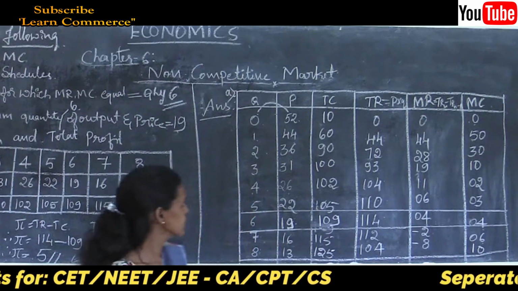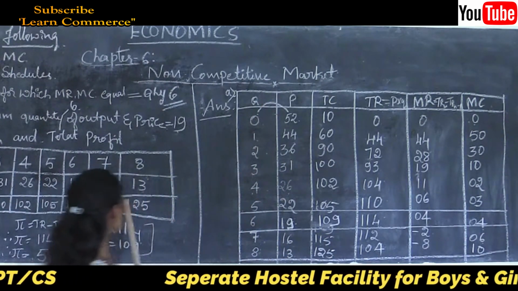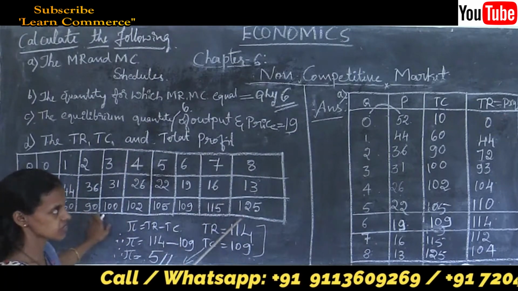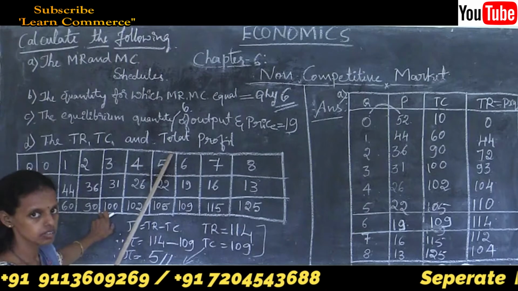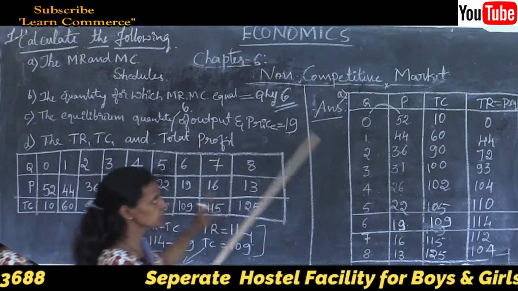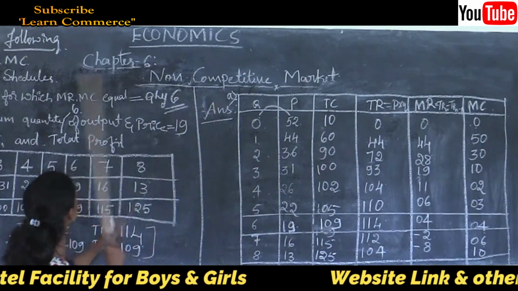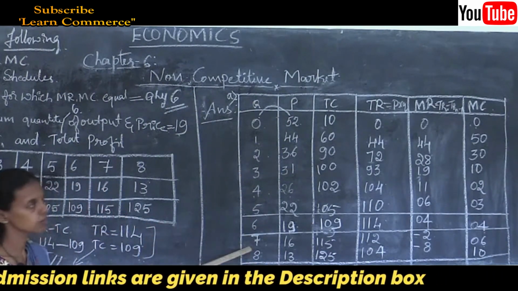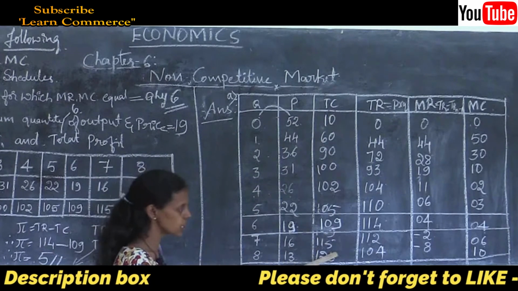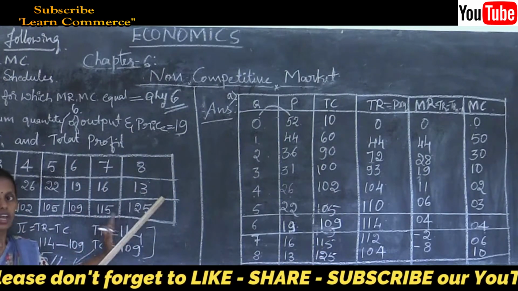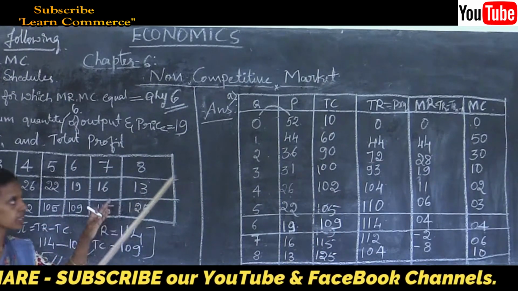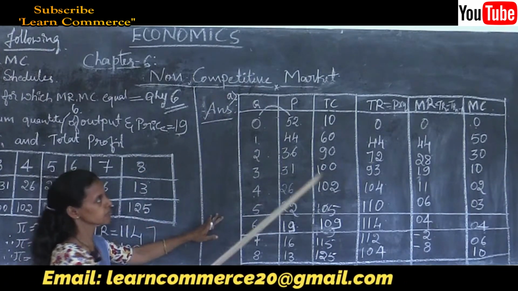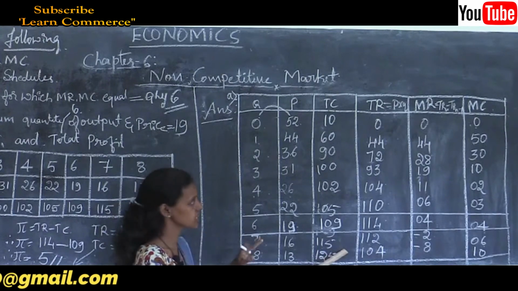You should write it as it is in the horizontal format. The question is given, and all 4 questions are given. For that, first in A you do the MR and MC schedule. As it is, you write quantity, price and total cost, which are in the question itself. Convert the horizontal form to the vertical form, row to column. Write as it is, no need to change any values.